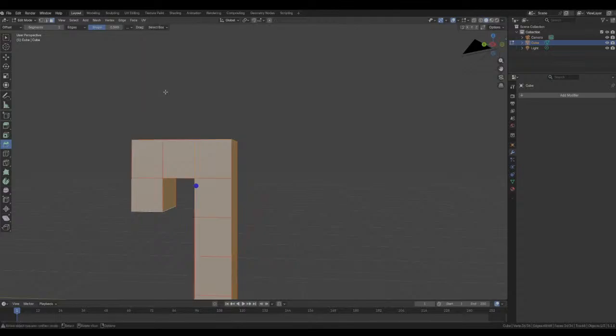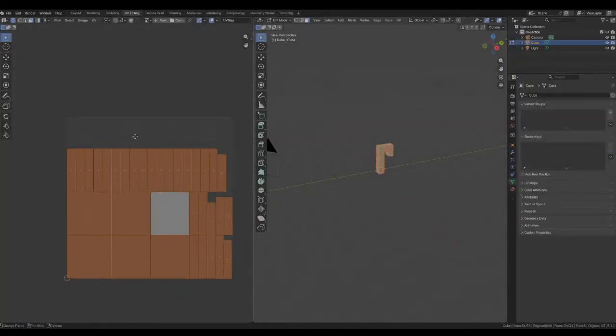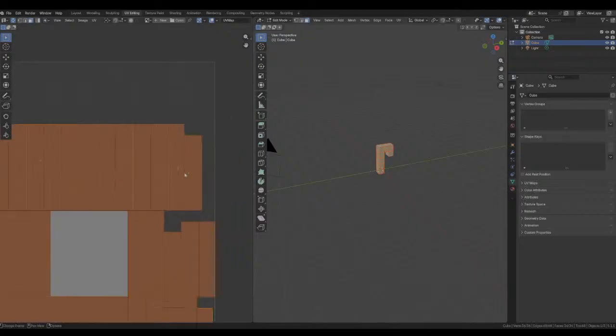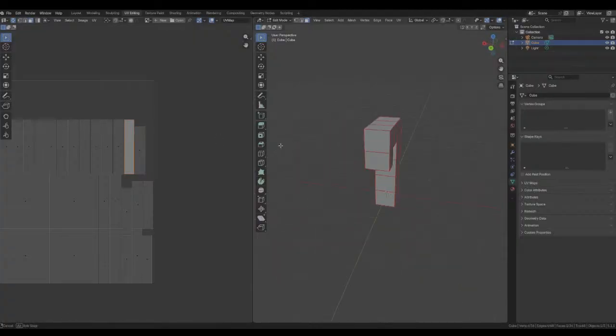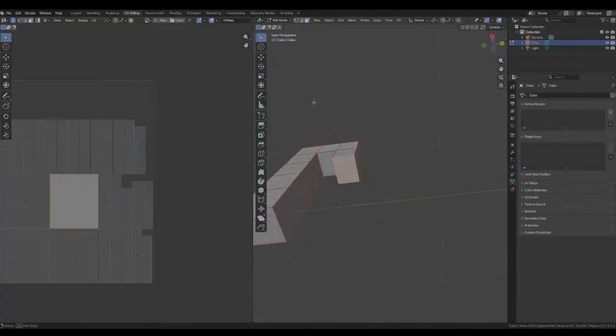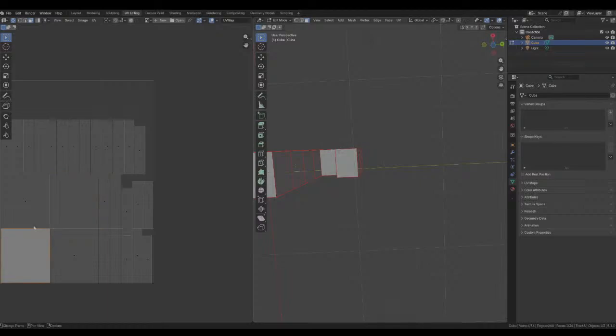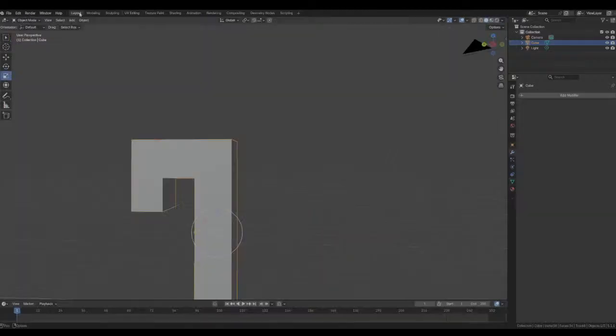Mark the seams, and then unwrap. Why is it like that? It's weird. It really should not be like that, but okay. I guess that works. All right. So now go back to layout.